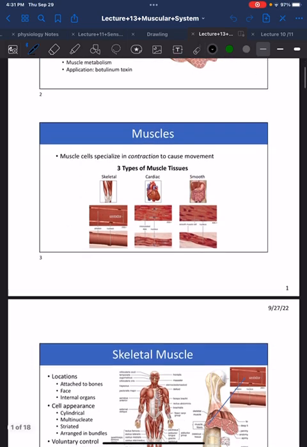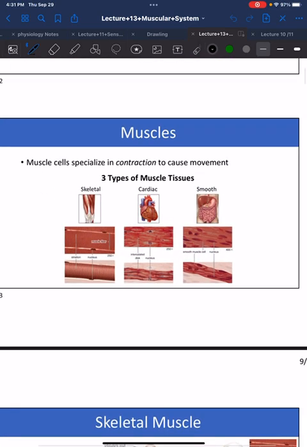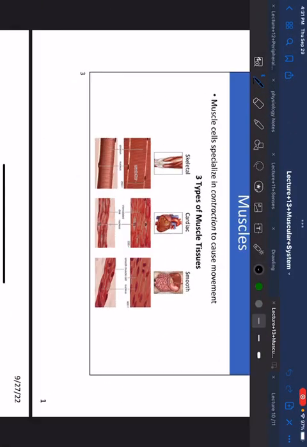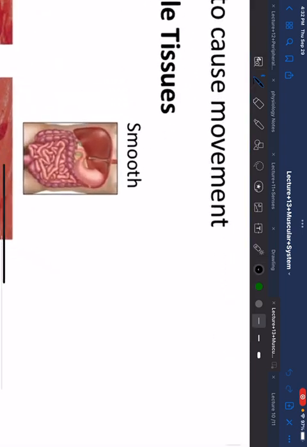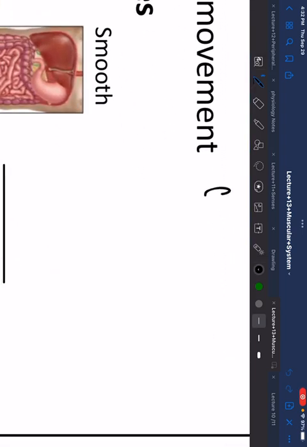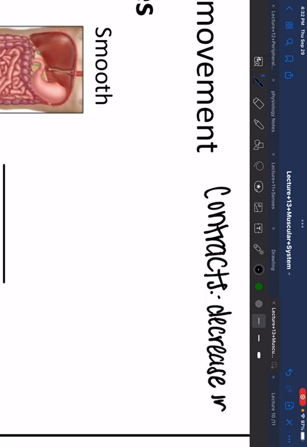Okay, so muscles. All muscle cells specialize in contraction. And when we say something contracts, it means it just decreases in length, or it shortens. So if something contracts, it's going to decrease in length. And that contraction will cause movement, whether it's of your skeleton, of your heart, or different smooth muscles within your